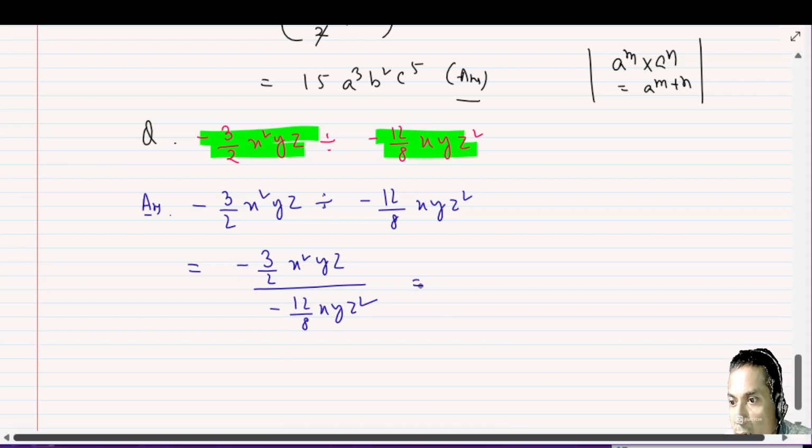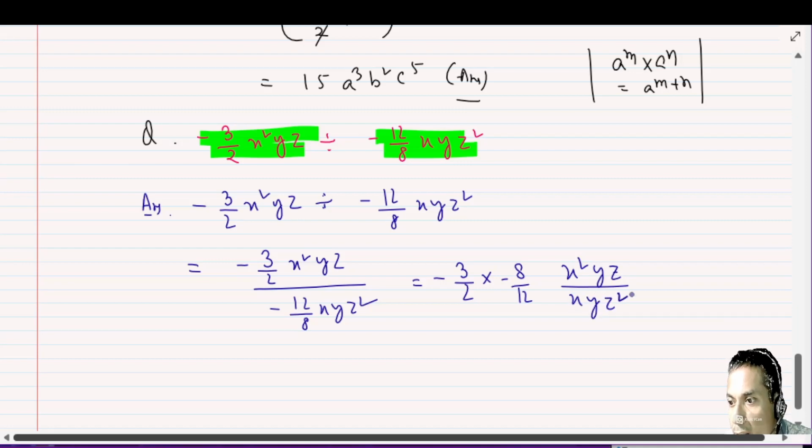Clear? Next, what you have to do? We know that division is the reciprocal of multiplication, so you just take the reciprocal of this value. 12 by 8 becomes 8 by 12, and minus remains the same, and here will be x square yz divided by